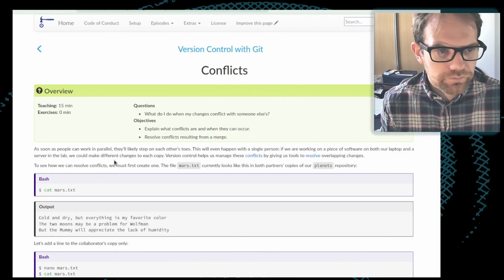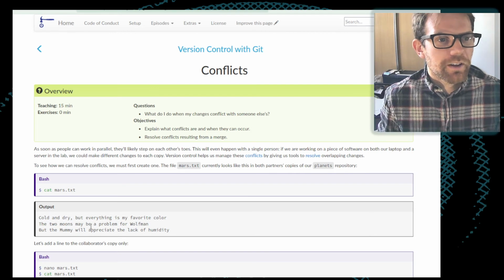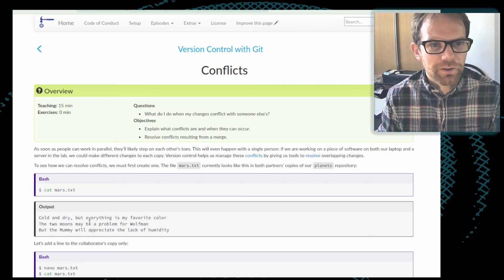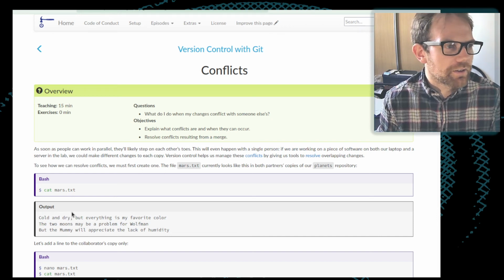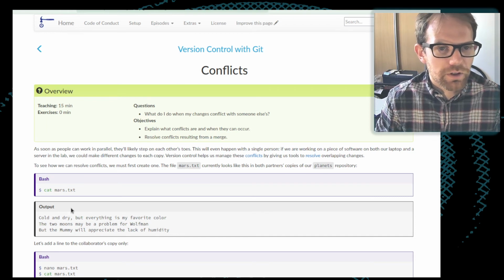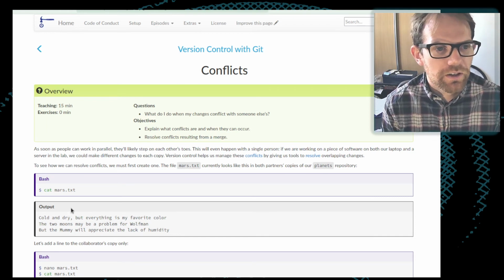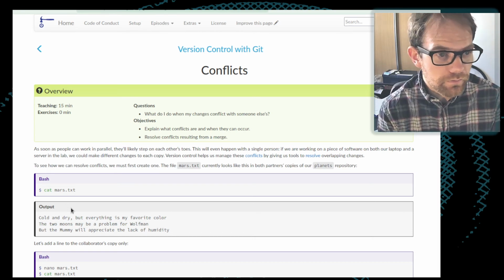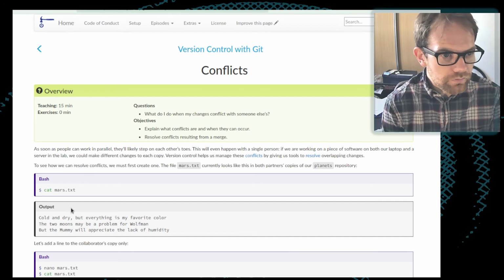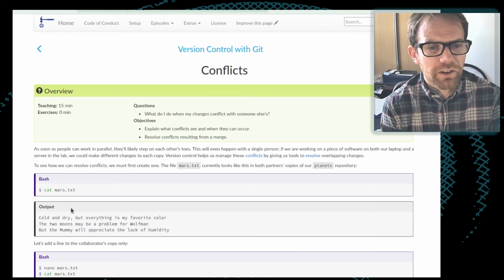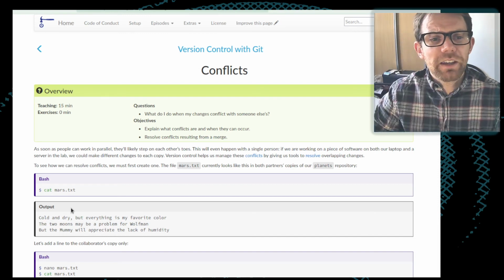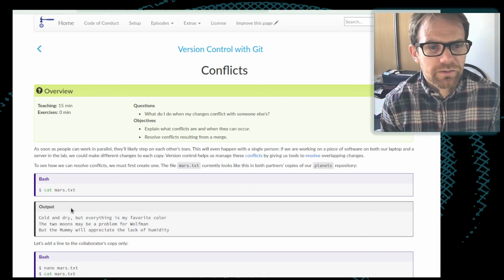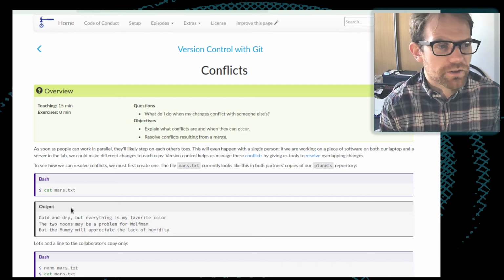All right, so conflicts. What do I do when I get into conflict with somebody else? This is the SUPA course on de-escalating tensions, or in reality, it is the SUPA course on what we do when two people try to change the same piece of code or the same document or the same file. As soon as people work in parallel, they're going to start making changes which affect each other and which step on each other's toes to some extent.